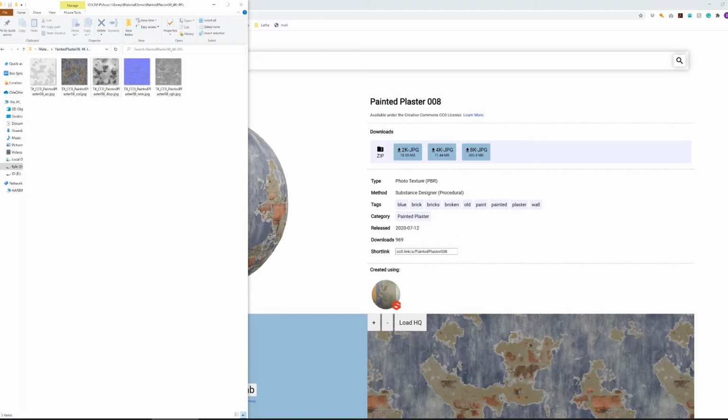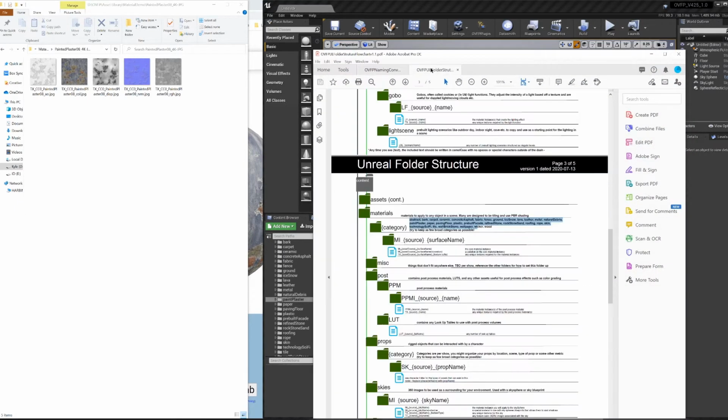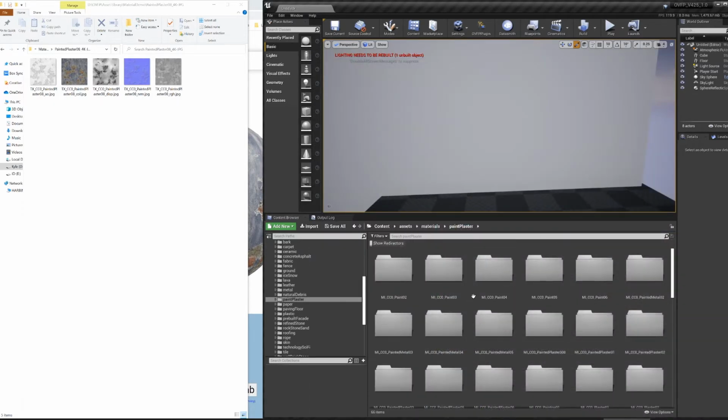So I've got the files open. I'm opening my Open Virtual Film Project version 425, version 1. And I'm going to follow my folder structure guide on where these are ending up. So these are an asset, and they're going to fall under the materials category. Specifically, there's a paint plaster category that is one of the general categories that I use that I'm going to